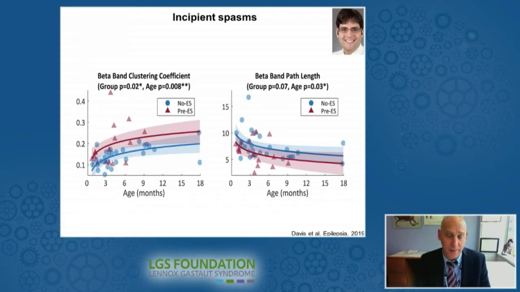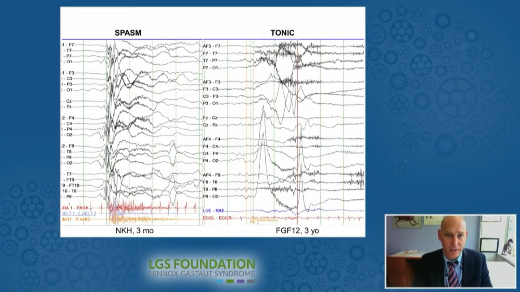So intuitively, it makes a lot of sense, and we've been trying to basically quantify these changes prior to the onset of spasms. And indeed, the patient that had spasms had more connectivity. So why am I talking about spasms if they're not the most prominent seizure type in LGS? Well, I think we already spoke about that today, but there is overlap, I'd say ontogenetic overlap even, between spasms